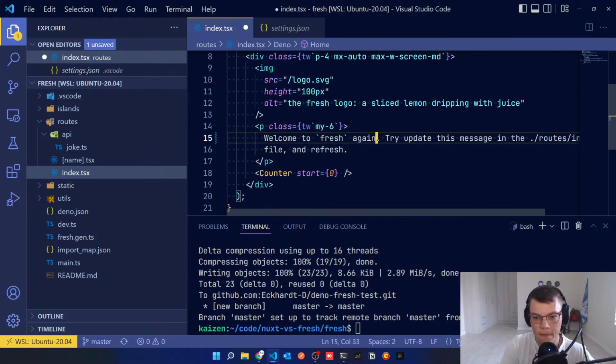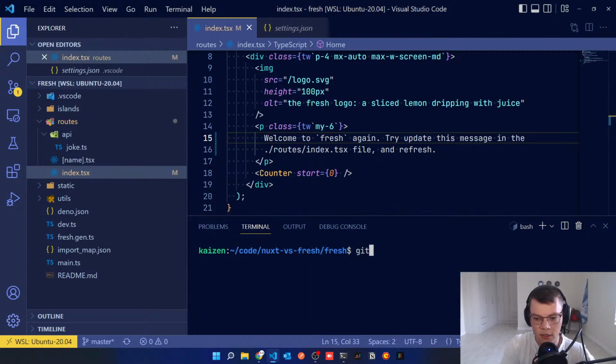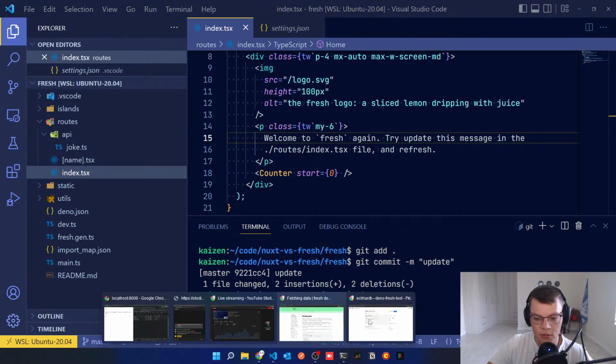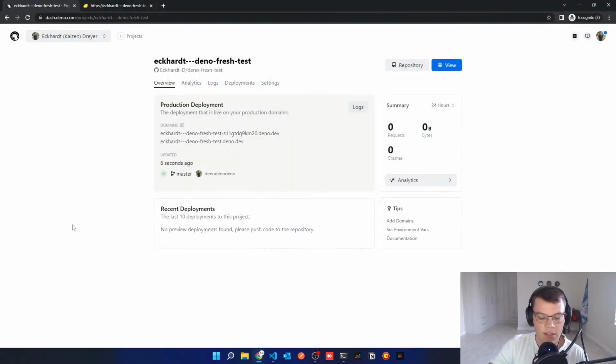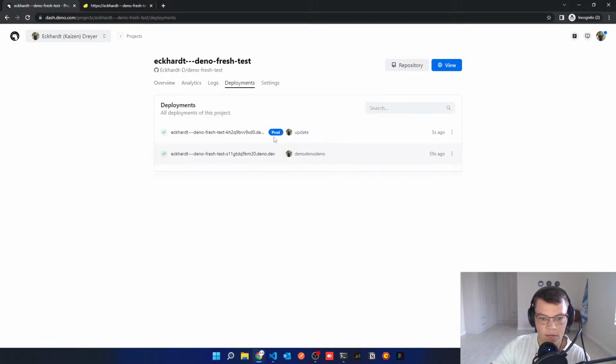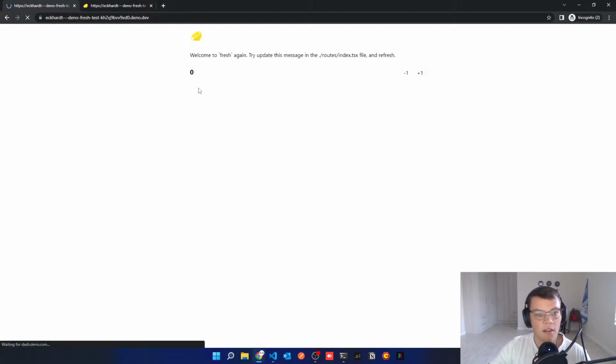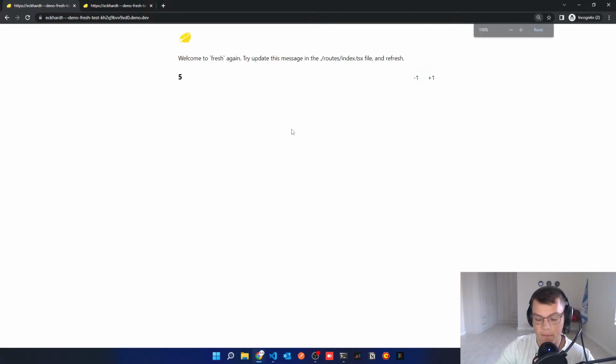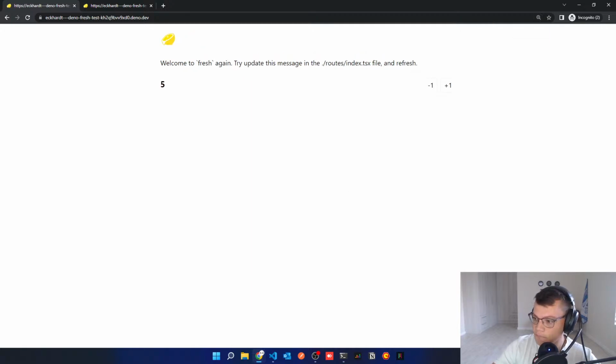Welcome to Fresh again. Add that. So we'll do git commit, git add all the things, update, and git push. So let's go back to Deno because it's supposed to automatically deploy. And let's see if it has a deployments. Whoa, is it done already? That is crazy. We'll look at Vercel's process, obviously, because